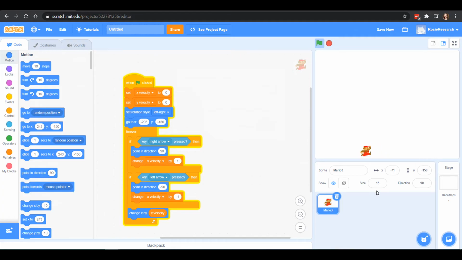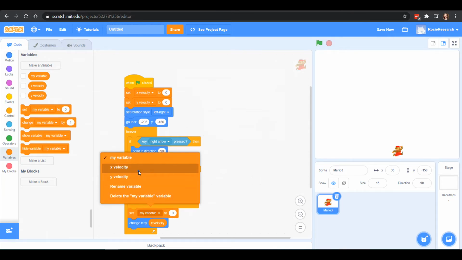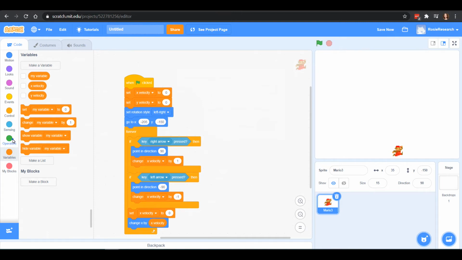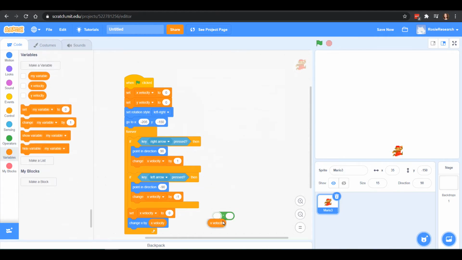I obviously want to be able to stop in this game and control my Mario. So let's figure that out. We're going to change our x velocity. We're going to do something called dampening it, and we'll make it smaller naturally. So the way that we can do that is we'll go into our variables, and after we've changed our x velocities up here, we're actually going to set the x velocity to, and we'll do some math, we're going to make it smaller. So we're going to take our x velocity and we'll just multiply it by any number less than 1. And you can play around with what number you put in here and see what it looks like.